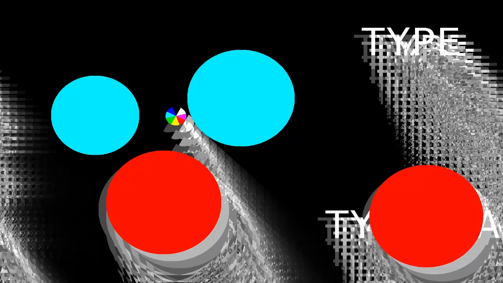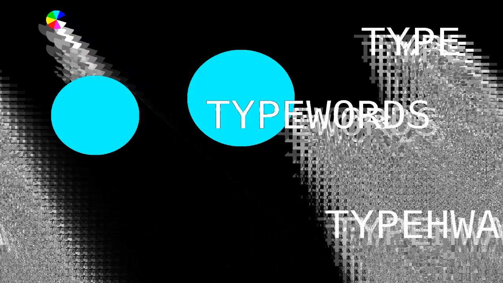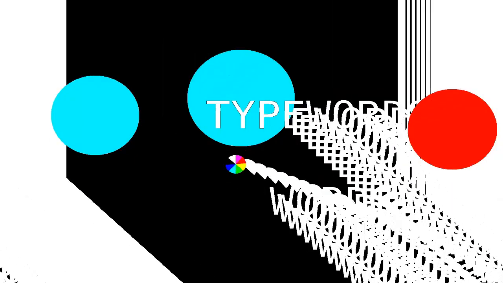What if I type here? Now it's above me. What if I type here? Alright, so it does seem to be somehow tied to it. Words, yeah. Really not sure how it's tied to it, but it does seem to be. I'm sure there's some kind of interesting typography project you could make if you're a college student